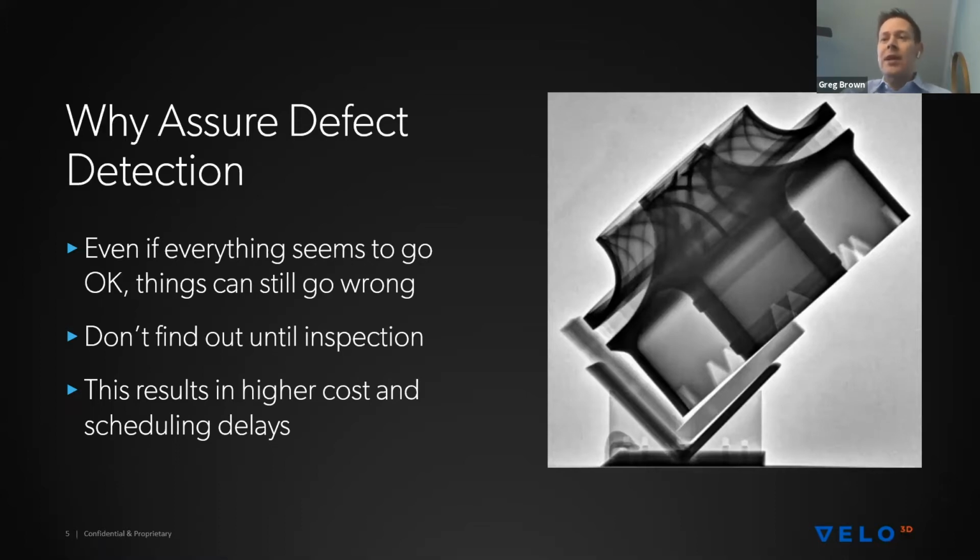The standard way it's done right now in powder bed fusion is you make your parts, and oftentimes you don't find out if there are any critical issues with them until you get to final inspection, often done by something like X-ray scans or CT scans. An example is shown on the right there. That's a low angle shrouded impeller that we printed with one of our customers. That's showing high quality material on the interior of the part, but